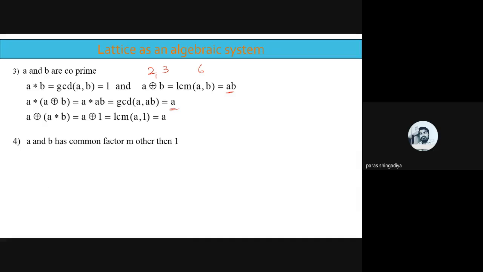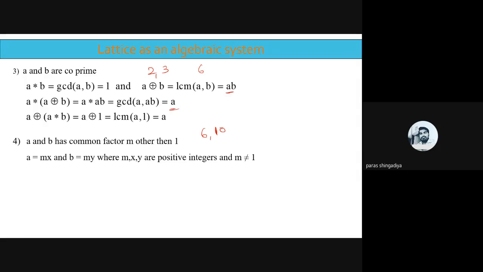And we will also consider this fourth case to cover all such possibilities. A and B have a common factor M other than 1, because in the set S30 we have a pair, 6 and 10, available as a choice of A and B. We cannot use these two numbers in case 1, because 6 divides 10 is not true. We cannot use them in case 2, because 10 divides 6 is also not true, and these two are not prime numbers, so we cannot use both numbers in case number 3. Clear? So we will use case number 4 to prove whether it is the absorption property or not.